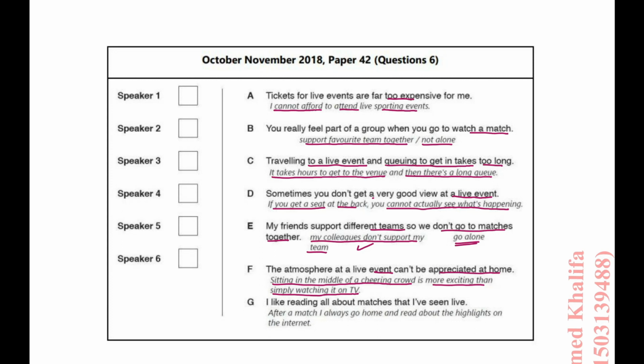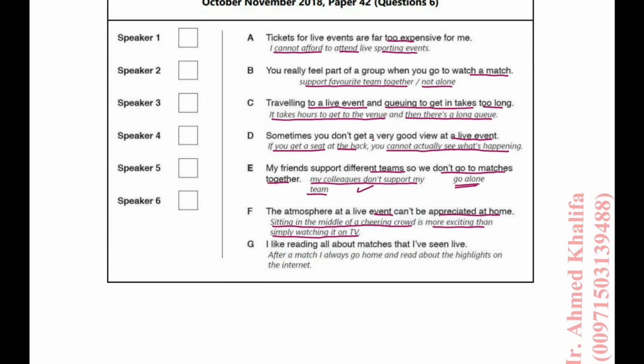So it goes this way, guys. So what is the benefit, teacher? What is the rationale behind what you are saying right now? Teacher, why are you doing this? Because as I told you, any matching questions depend more on synonyms. Please, you will never listen to the same sentences or words that you have in the question. Hopefully you understand my point.